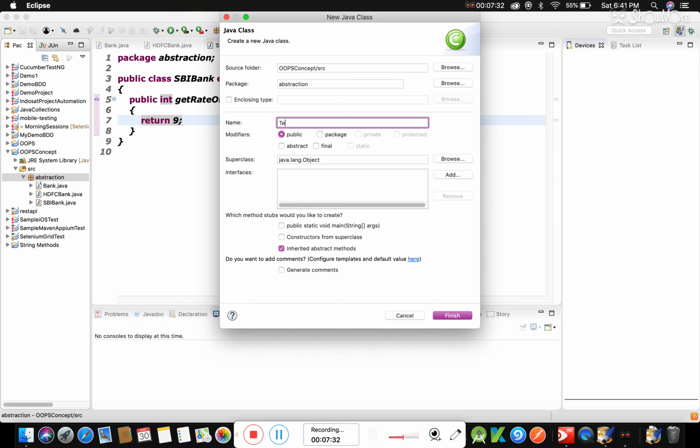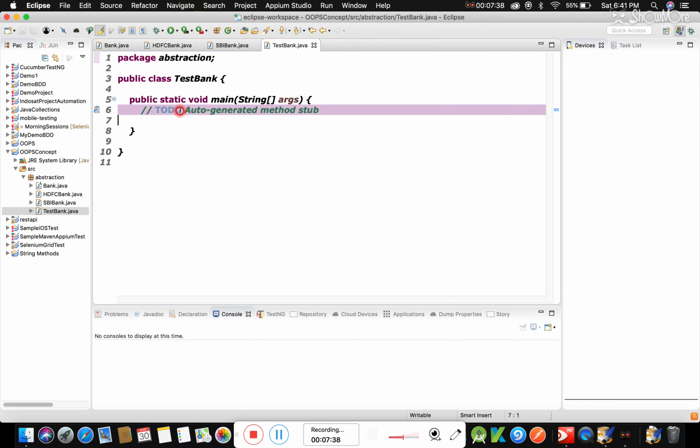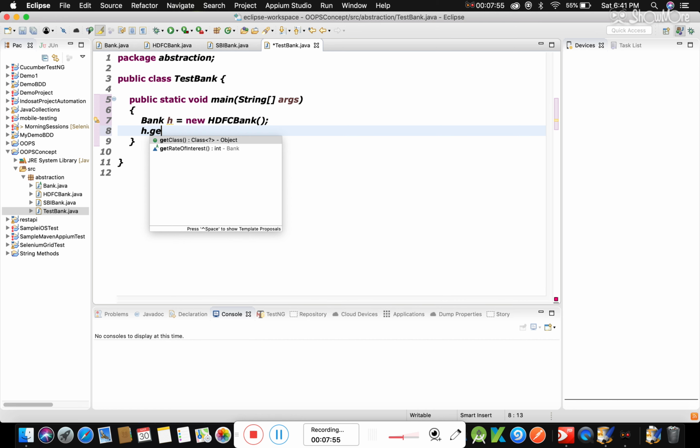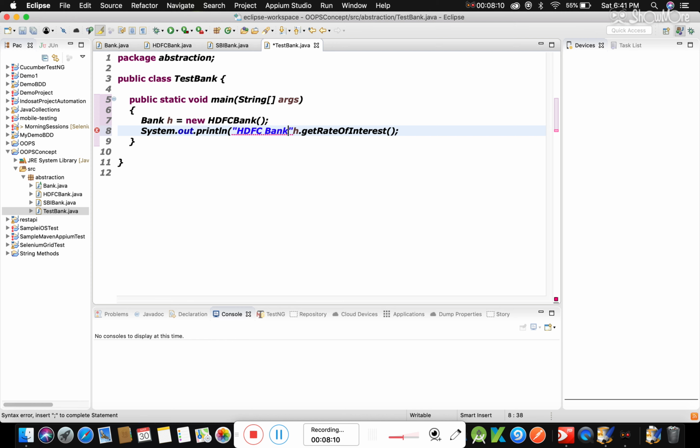Let's create main class TestBank. public static void main. Let's create an object of the Bank class. This is HDFC Bank rate of interest.